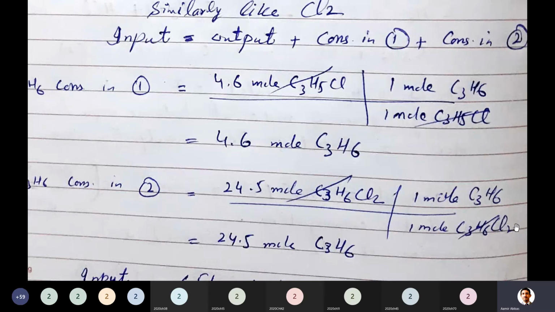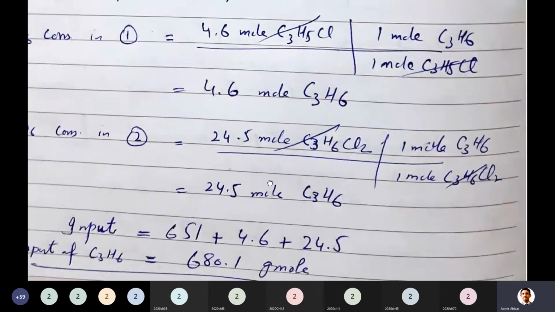I, by the way, didn't mention here produced and consumed, so you can write those for clarity if you are concerned. स्पेशली उन क्वेश्चन में जहाँ पे प्रोड्यूस भी हो रही होती है कोई चीज़, कंज्यूम भी. यहाँ पे तो चलो क्लोरीन जस्ट कंज्यूम ही हो रहा है या C3H6 कंज्यूम ही हो रहा है. तो इन ऑर्डर टू अवॉइड confusion in those other questions, you can write here complete answer, complete sentence, 1 mole of C3H6 for example consumed.